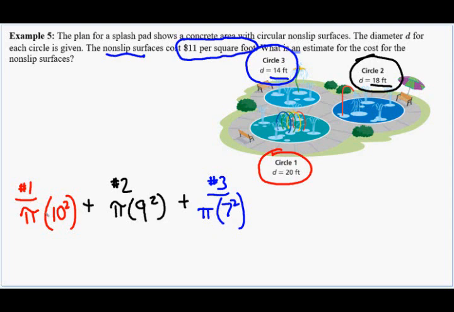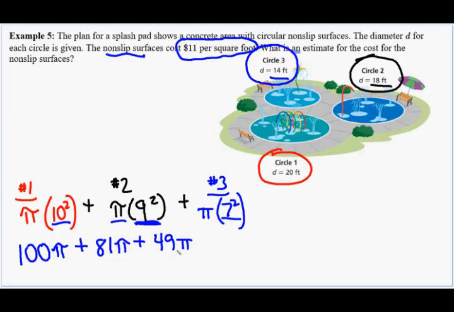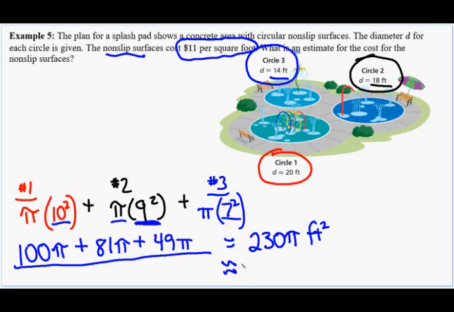So let's square these numbers. Our 10 squared is 100. So circle 1 is 100 pi. And circle number 2, we would square the 9 and get an 81 times pi. Plus 7 squared is 49 times pi. So we can add up all these pi's, and then we got 230 of them. 230 pi. Now this is our area in square feet. Let's multiply the 230 by pi, and we should get approximately